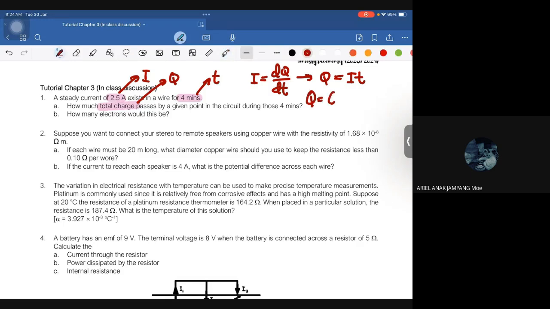So kamu just substitute. This is 2.5. Remember time should be in seconds. So yang ni kamu kena darab dengan 60. So yang ini kamu akan dapat 240. So Q is equal to 600 coulomb lah. Okay. Lepas tu dia minta pula kita cari